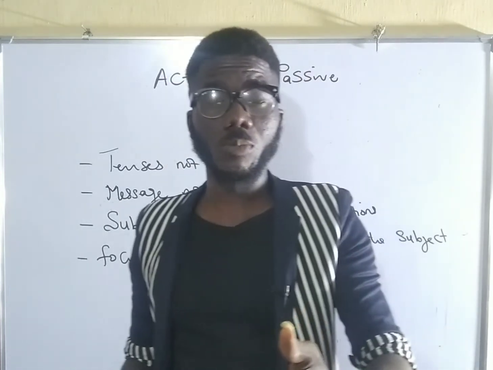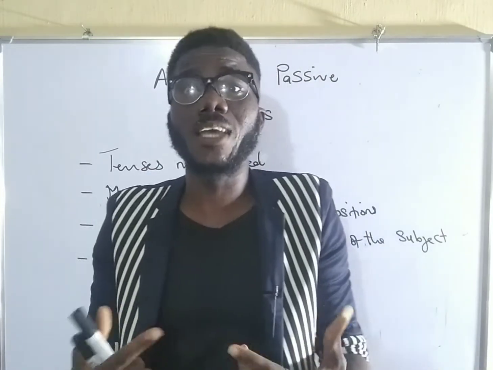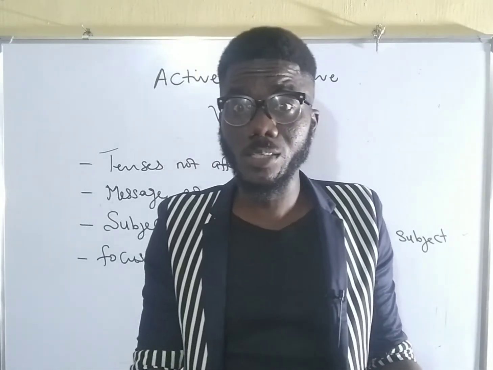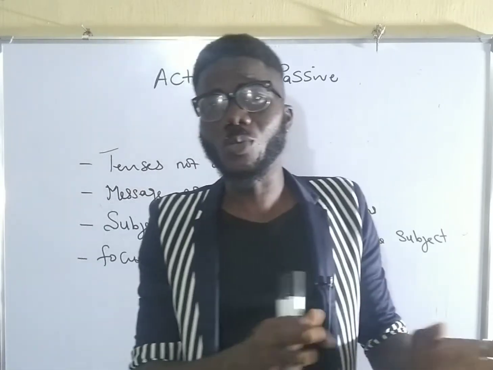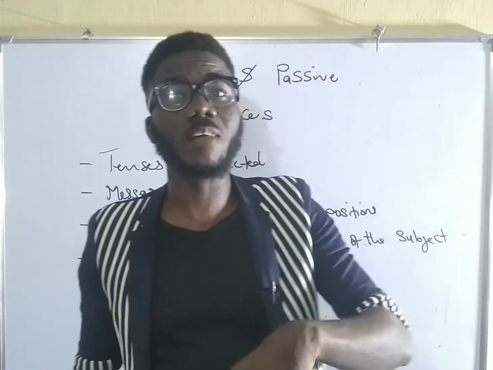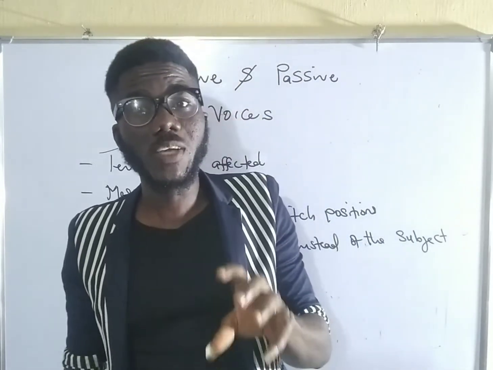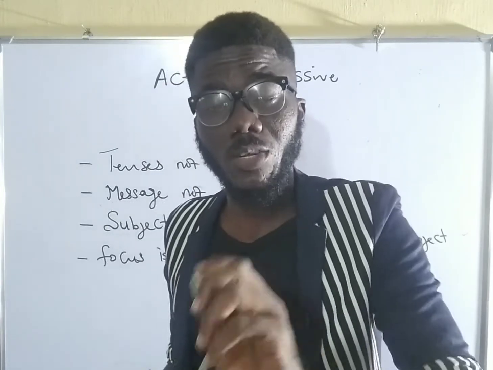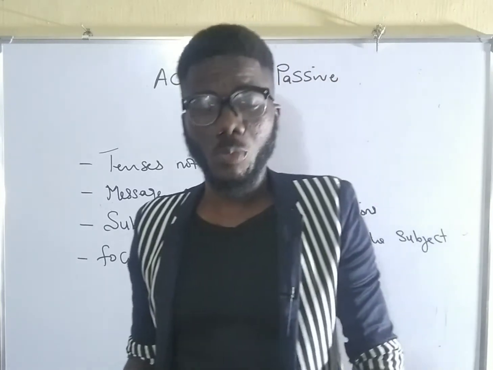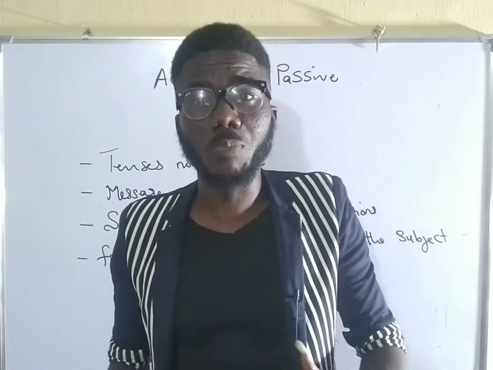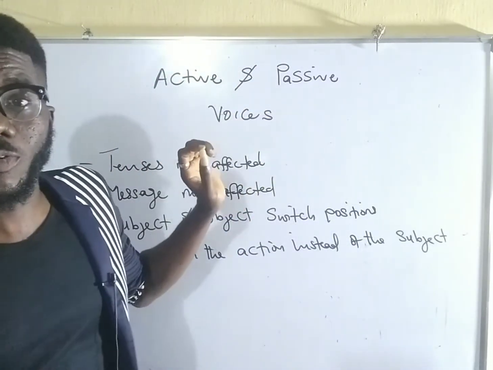If you remember when we treated subjects and objects, we talked about the subject as an element of the sentence that performs the action in that sentence, right? We talked about the object as the element of the sentence that receives the action. Some other persons will tell you that the subject of a sentence is that part of a sentence that the focus is on. That is, that sentence places focus on that particular element. Now, that is about the subject. When you have the subject performing the action in that sentence, that sentence is in the active voice form.